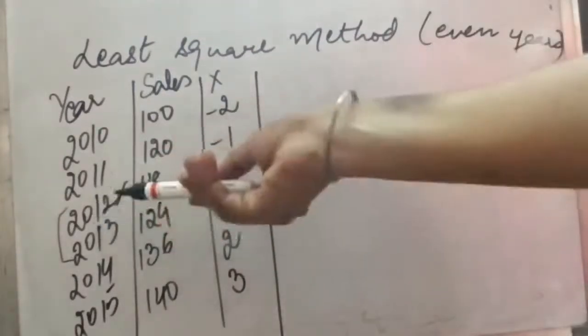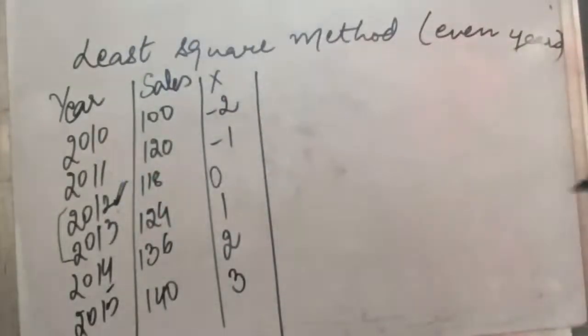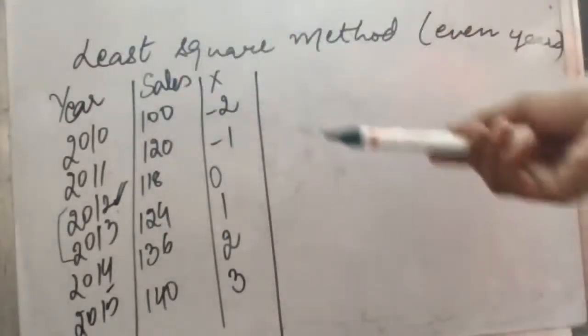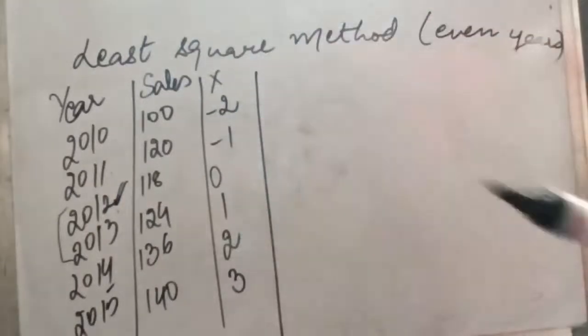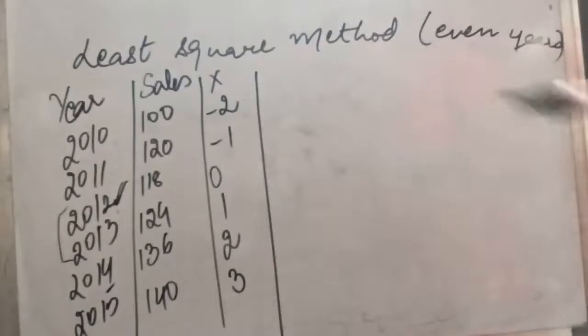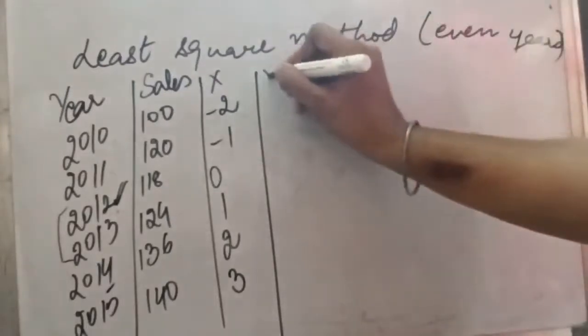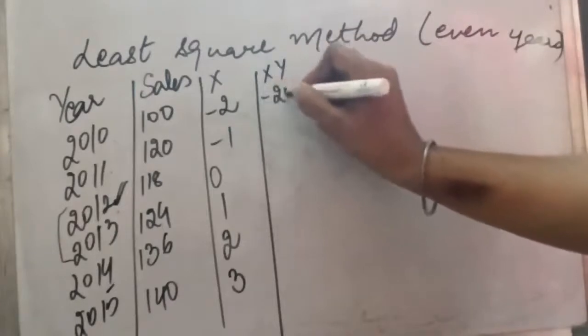But if it has been specifically given that a specific year has to be taken, you can start from that year. In some questions you will also observe that the first year may be told to be taken as the base year. So here it will be 0, 1, 2, 3, 4, 5 like that. That is also a right way. Now this is our x. From here we will move towards our xy as we have seen in all the questions.